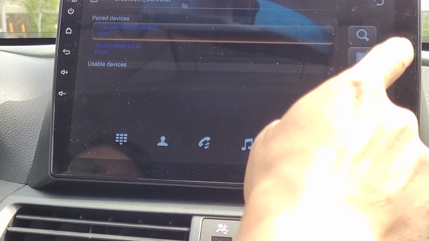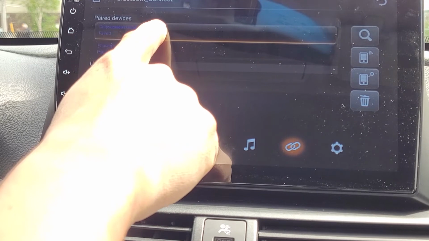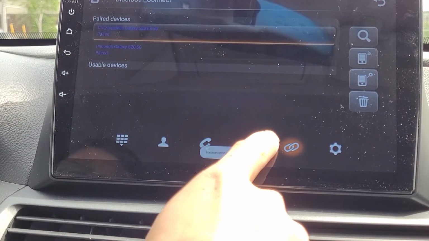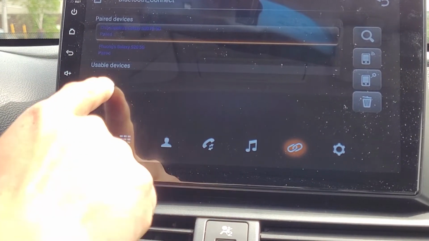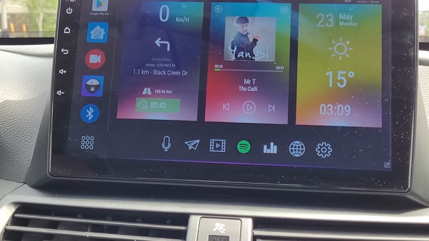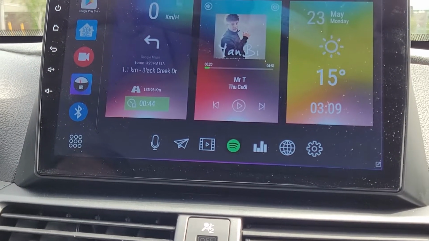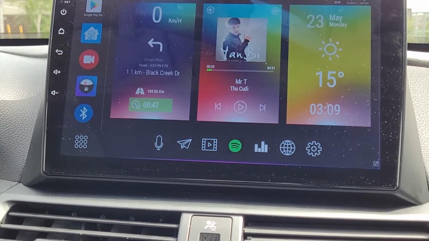Let's see if I can connect it. That's good. Oh. Something going on with there, but yeah.